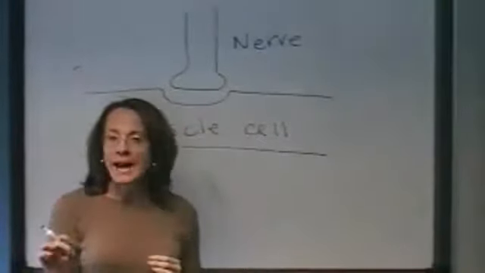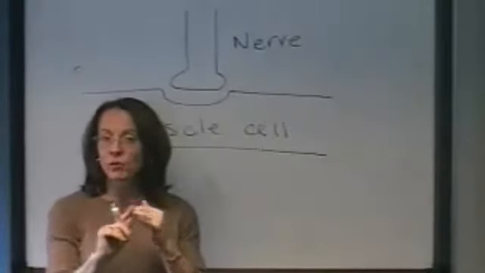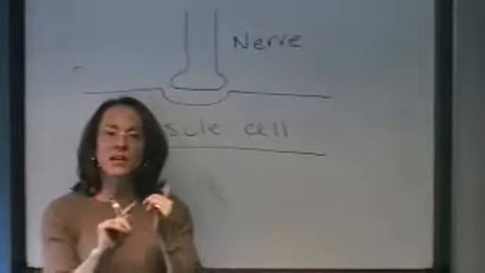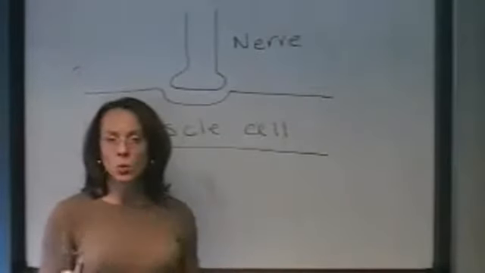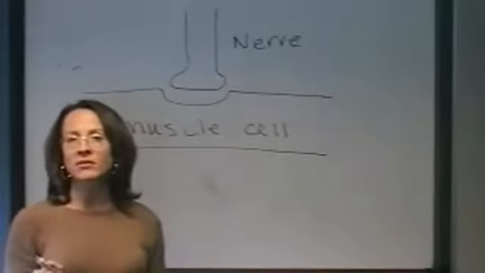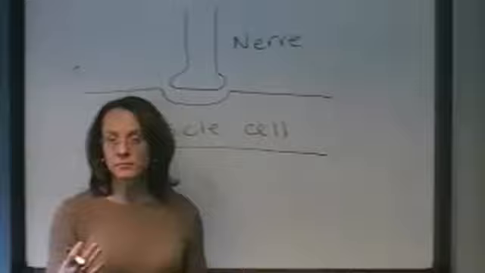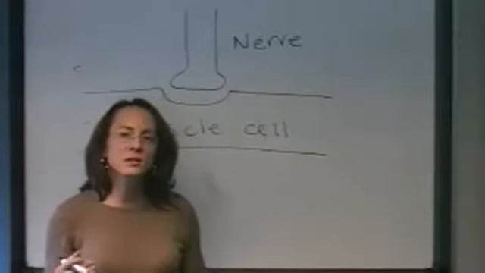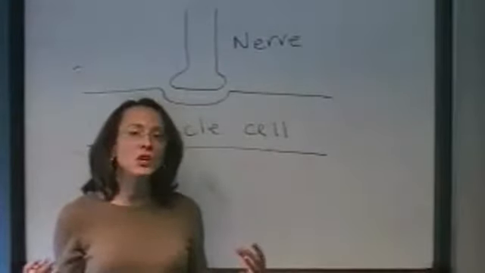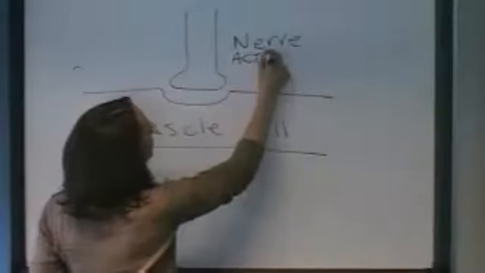In action potential, just a little reminder, an action potential is going to be the electrical activity that happens in a nerve or a muscle that makes that nerve or muscle work. What happens for a muscle cell to contract, or a muscle to contract, is we need to have an action potential